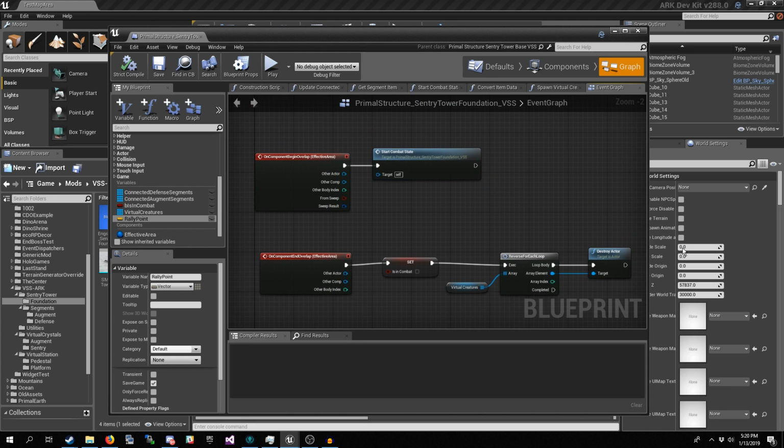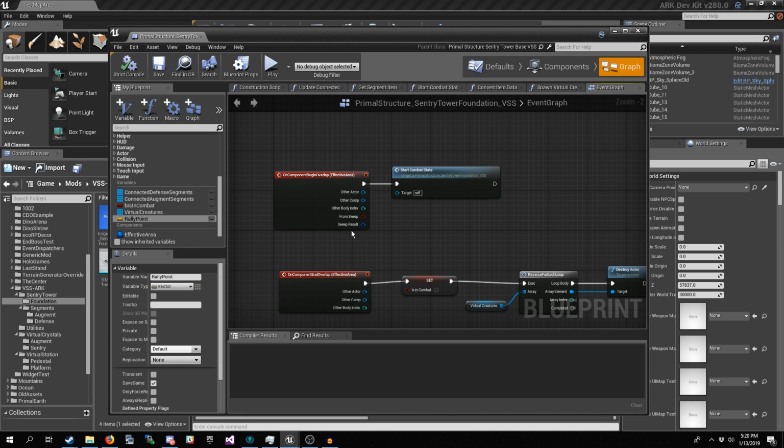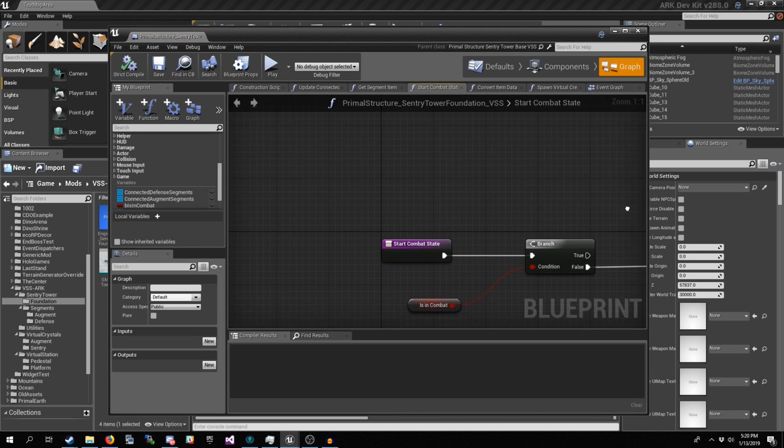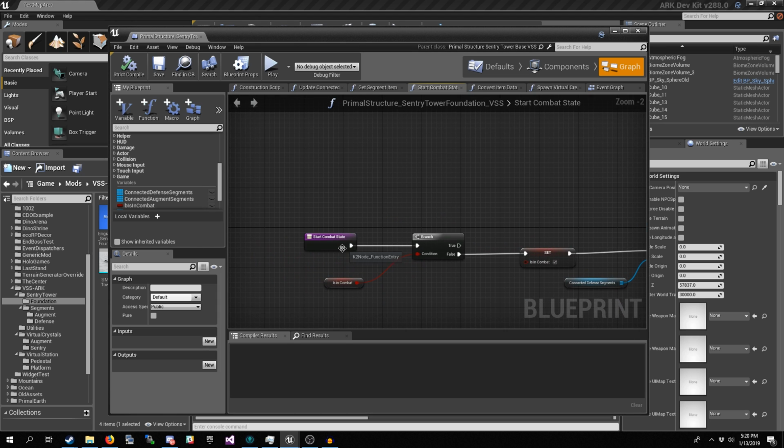Now, the big one right here, start combat state. This is the big to-do of this structure right now. So the first thing is we've got that is in combat bool. We check whether or not we're already in combat because we don't want to keep spawning the same creatures every time that somebody enters the area. We want to have a little bit of control over that. So we check to see if we're already in combat, already been spawned. Whether or not they exist is sort of separate because players could have been killing them. We don't want to regen already killed creatures just because someone has entered the area again.